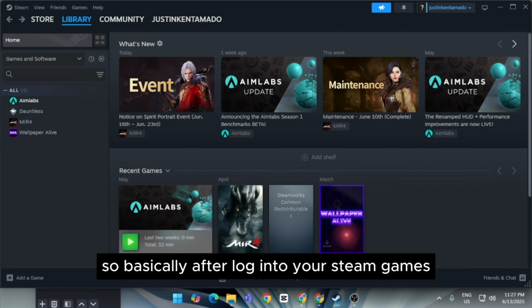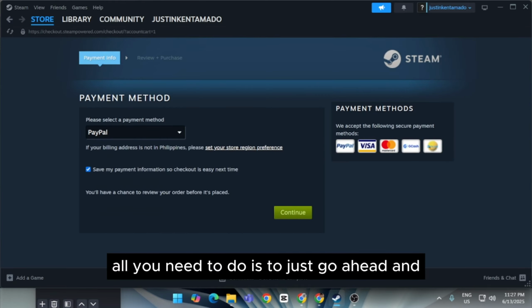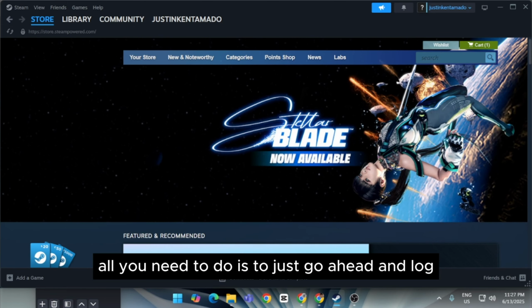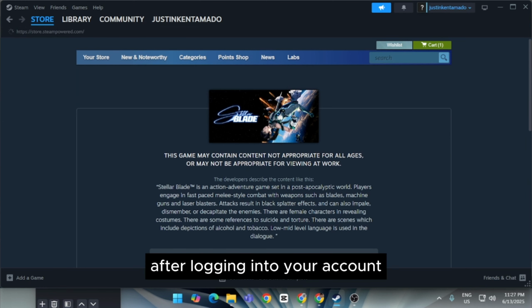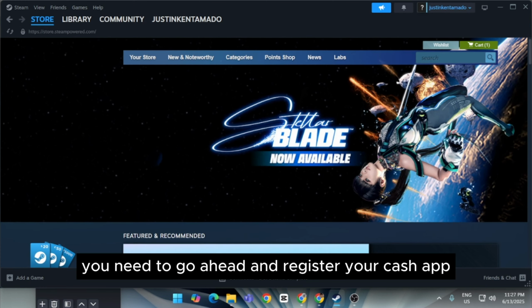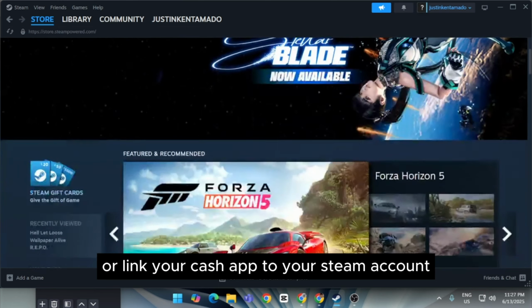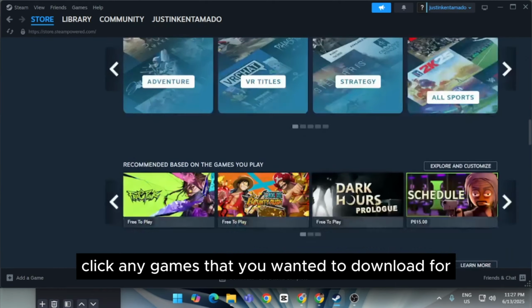So basically, after login to your Steam games, all you need to do is to just go ahead and log into your account. After logging into your account, you need to go ahead and register your Cash App or link your Cash App to your Steam account. And after that, you just go ahead and click any games that you wanted to download